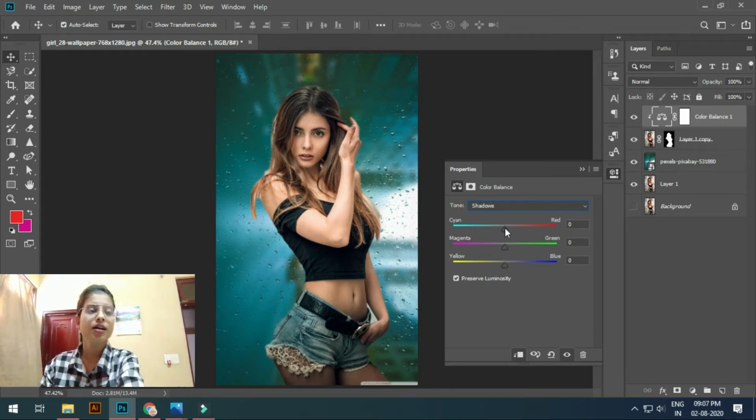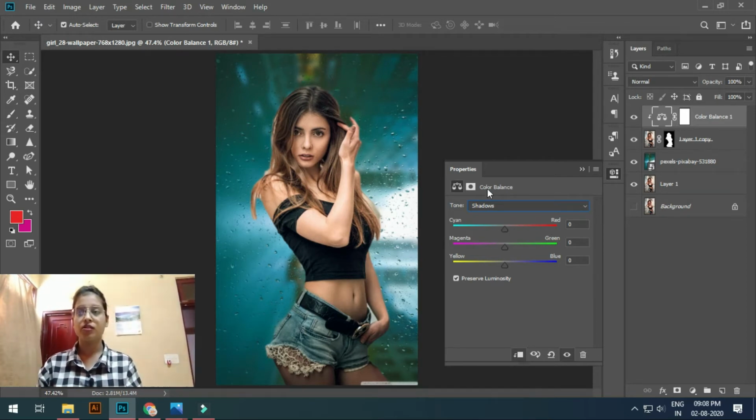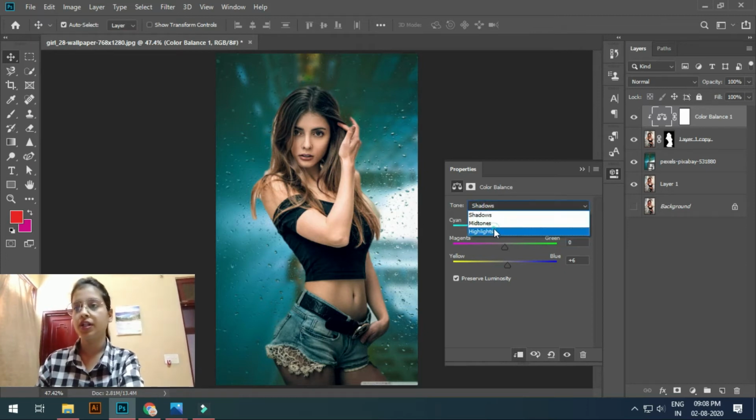Now we adjust the shadow. You can adjust it to your photo. If your photo is too dark, you can lighten it, you can match this to your color. So adjust your shadow. You can see the shadow is also changing, so we adjust it by photo. For darkening, lighting, give a light blue color, only a little, not too much.